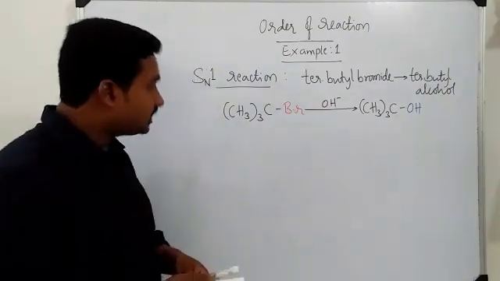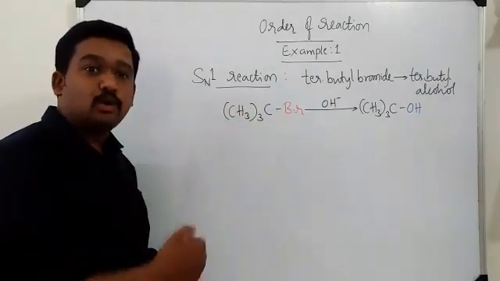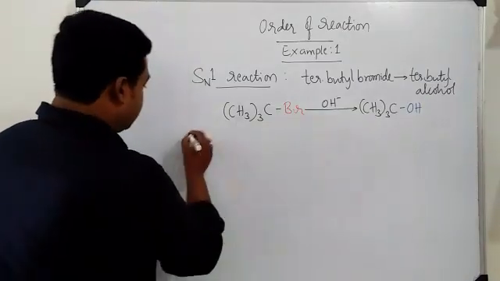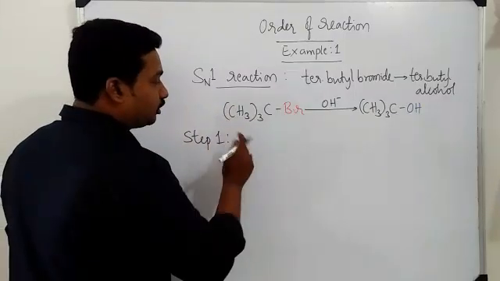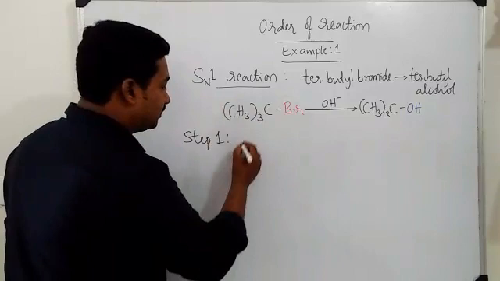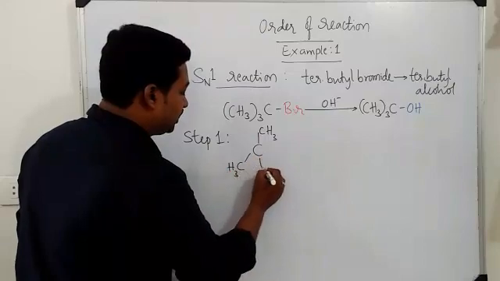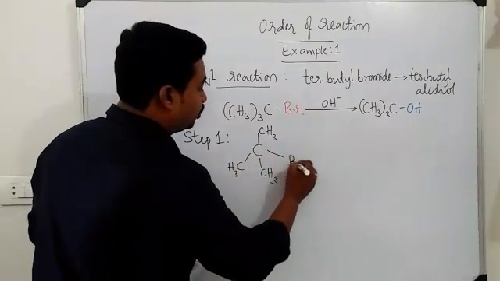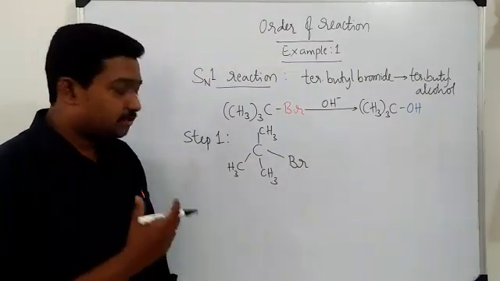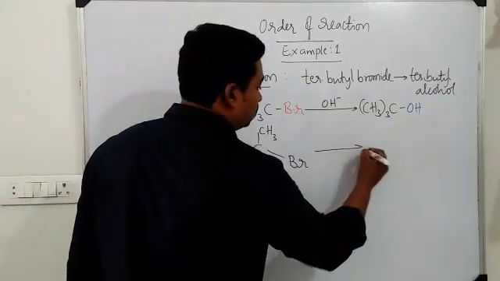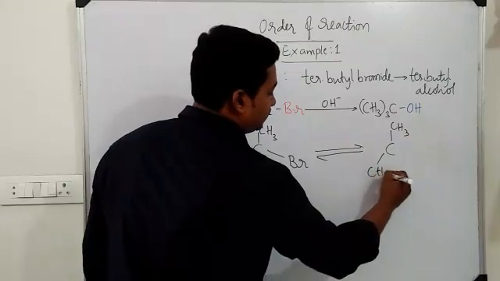So now let us see what is the mechanism of this reaction. When I say mechanism, it will be the details of the steps involved in the complex reaction. So it has step 1 where formation of carbocation from tertiary butyl bromide happens. So it looks like this. C with the 3 methyl groups attached to it and 1 bromide group is attached to it. This is the tetrahedral structure of tertiary butyl bromide. This will undergo cleavage into 2 groups like this.